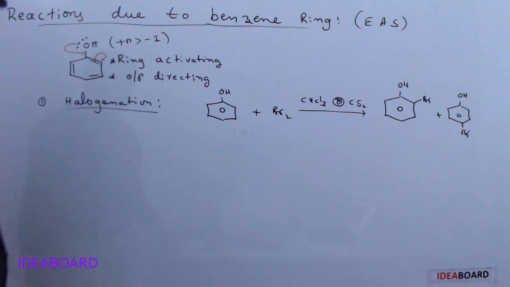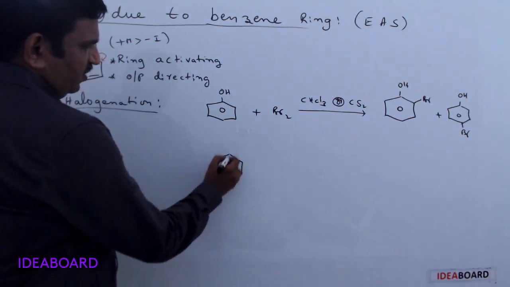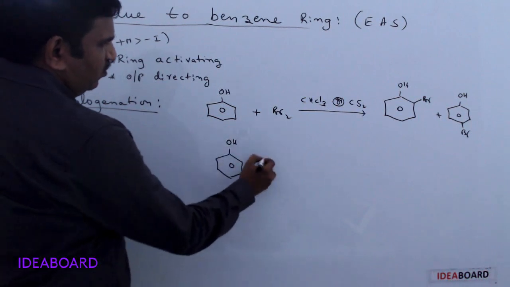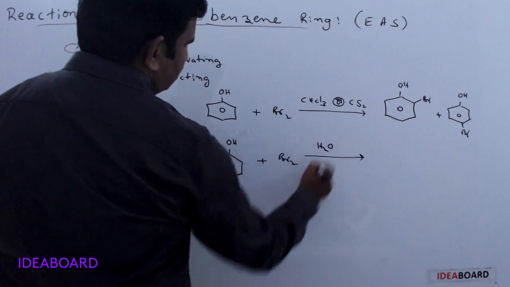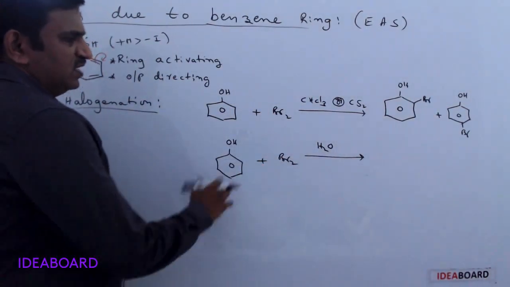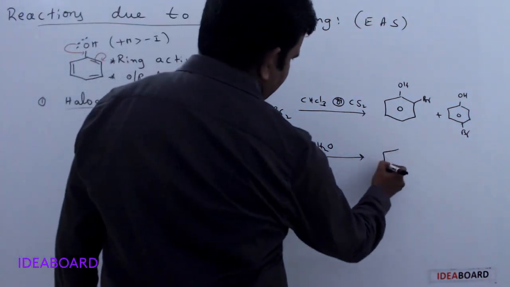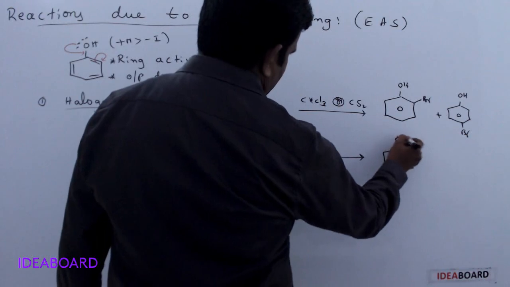Parabromophenol is formed. In the same reaction, if we take bromine water, meaning an aqueous solution, so water and bromine, the reaction is vigorous and we get 2, 4, 6